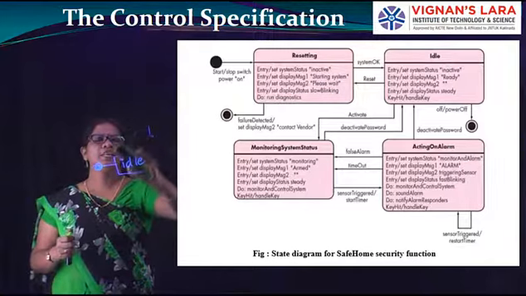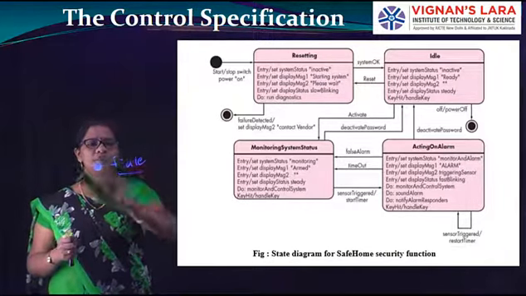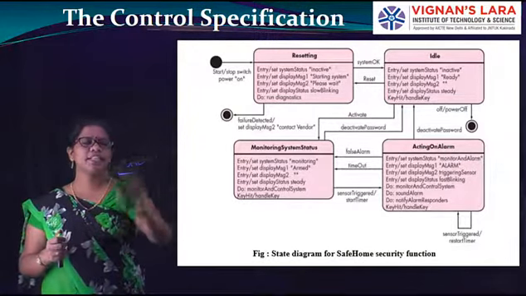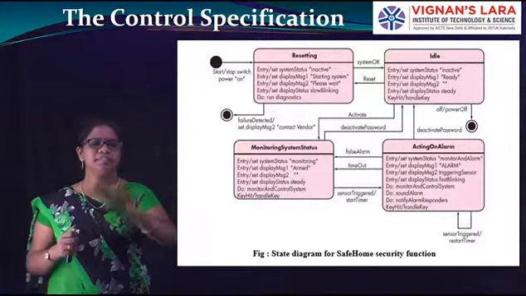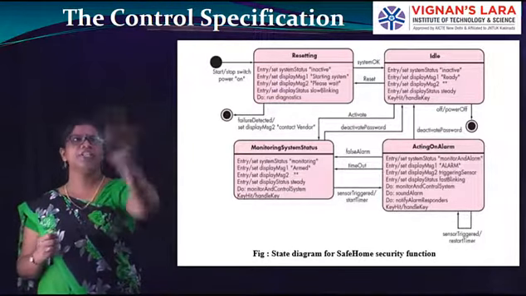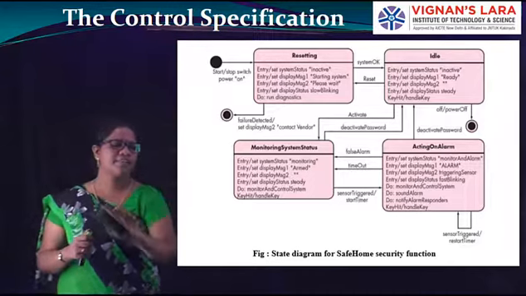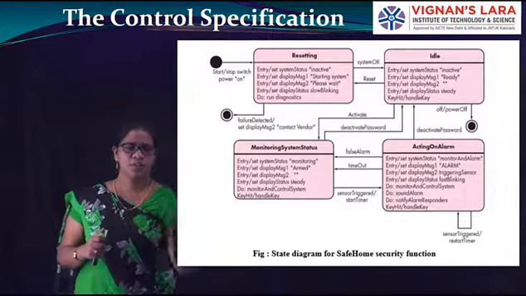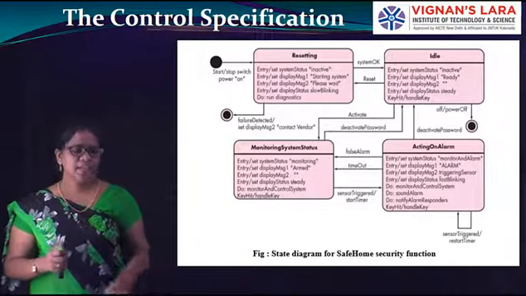The main important diagrams of all these are the use case diagram and activity diagram. State diagram is only for the transitions, how the state changes from one state to another state when an event occurs. For that purpose only this state diagram is used. And next, coming to